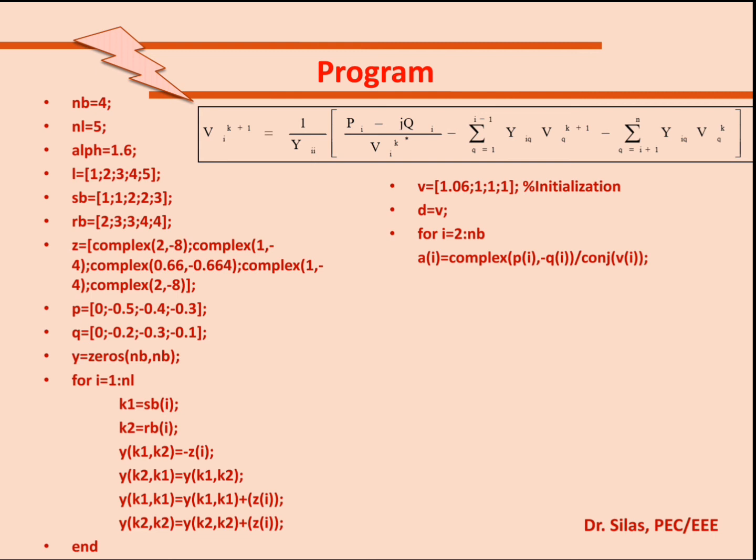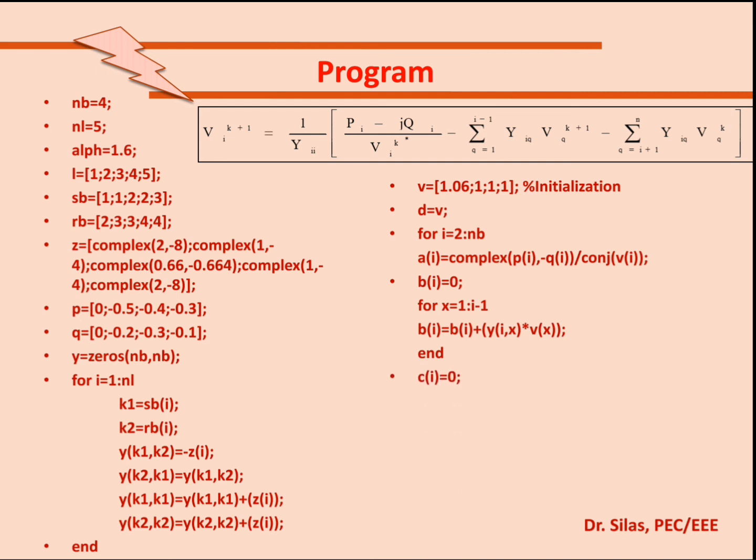Similarly, the second part I am going to find as B of I. As it's a summation, first I initialize B of I is equal to 0. Then I form a loop for X is equal to 1 to I minus 1, because the second summation varies from 1 to I minus 1. B of I is equal to B of I plus Y of I comma X into V of X. I end the loop. So by running these 4 steps, I will be able to obtain the value of the second part of the voltage equation.